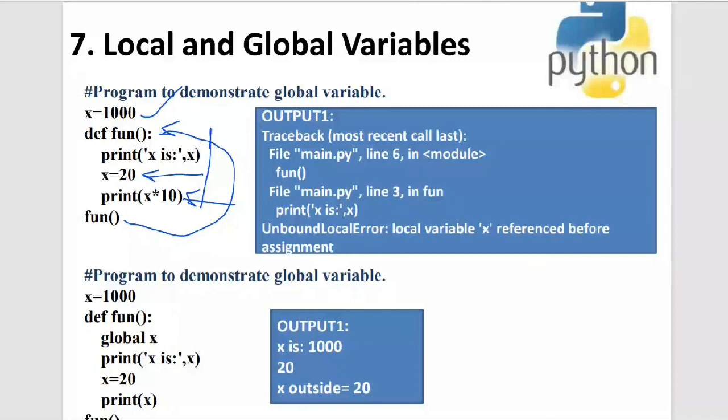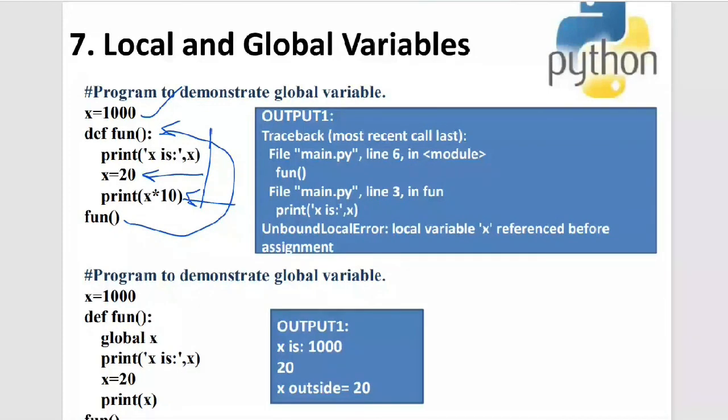Generally, what you might be thinking is, because I didn't declare any local variable over here, it can actually give me the answer 1000. And later on, I'm saying x is equal to 20, and print x into 10, wherein it can print the other answer to me. Okay, but what is happening over here?